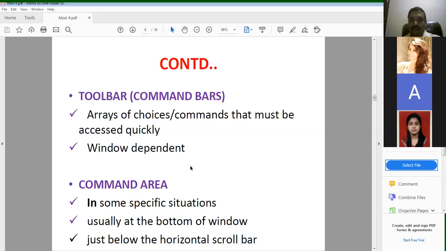Next, come to the toolbar. The toolbar helps you quickly access items, depending on the window. Next, the command area, in some specific situations, is usually at the bottom of the window, just below the horizontal scroll bar. The toolbar refers to the command bar, and the command area is usually at the bottom of the window.